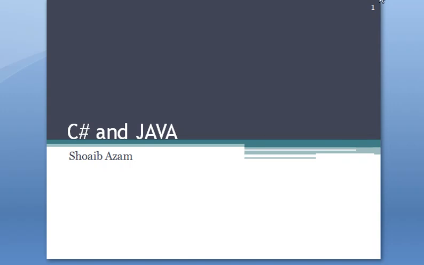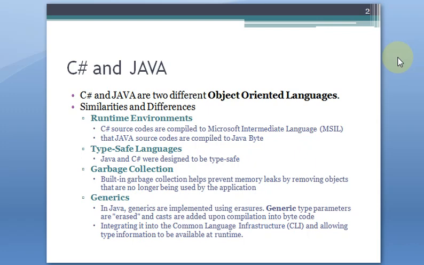Today in this video tutorial we will learn what the differences are between C Sharp and Java. C Sharp and Java are two different object-oriented languages. Both have some similarities and differences also. C Sharp and Java derive from their own single ancestor class, object. All classes in C Sharp are descended from the System.Object class, and in Java all classes are subclasses of